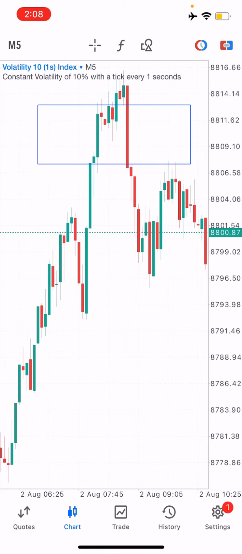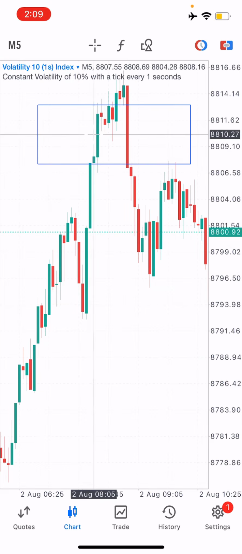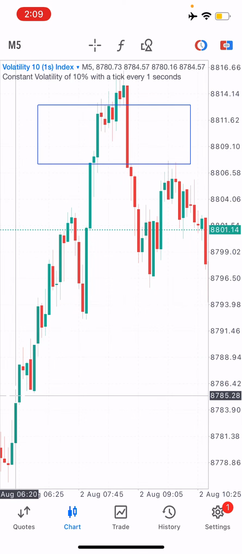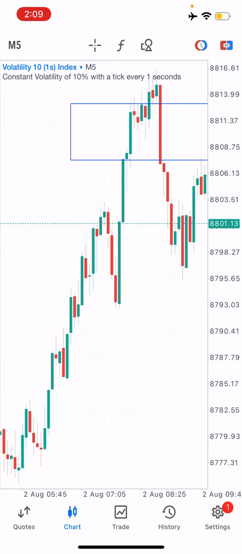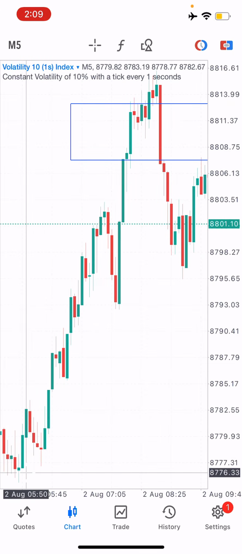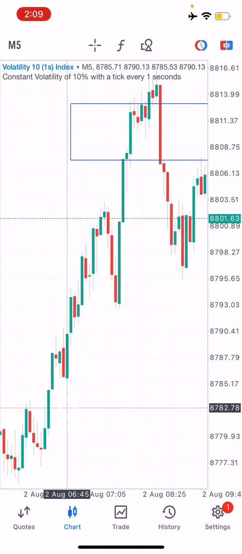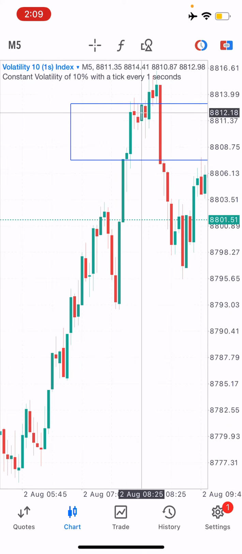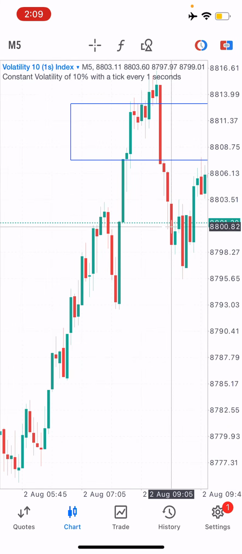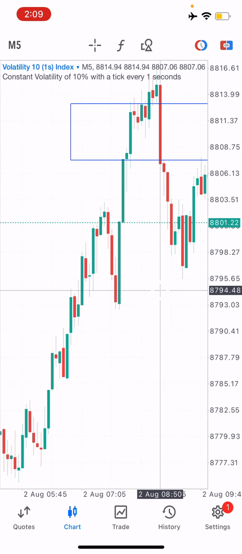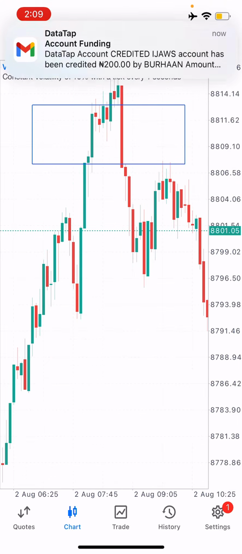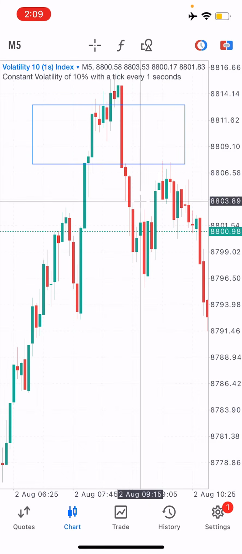And let me prove something to you. As you guys can see, the market was going up. Let me start right here. The market was going up, higher high, higher low, higher high, higher low, higher high, higher low, higher high, and then it came all the way down here, but didn't break this higher low. Then what happened here? The moment it started coming down,